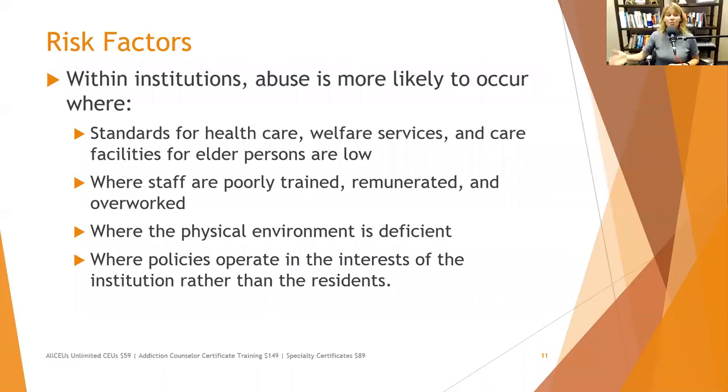If you walk into one of those facilities that's accredited by JCAHO or CARF and you find it to be unacceptable, you can make reports to your state Department of Children and Families, to your Department of Elder Affairs, and to JCAHO or CARF, whatever their accrediting agency is, if you feel that something needs to be done, if the conditions are that bad. If staff are poorly trained, poorly paid, and overworked, which is pretty much most of these facilities, we can do things to increase education, so we increase training.